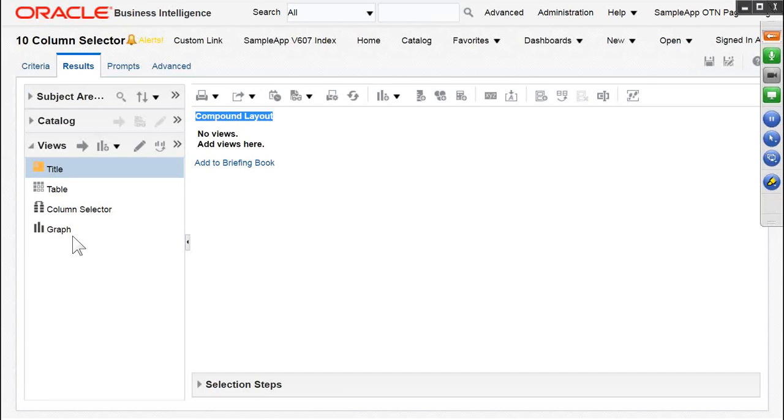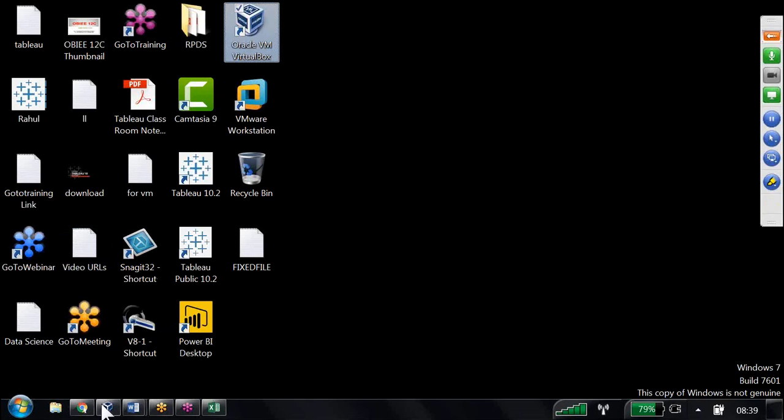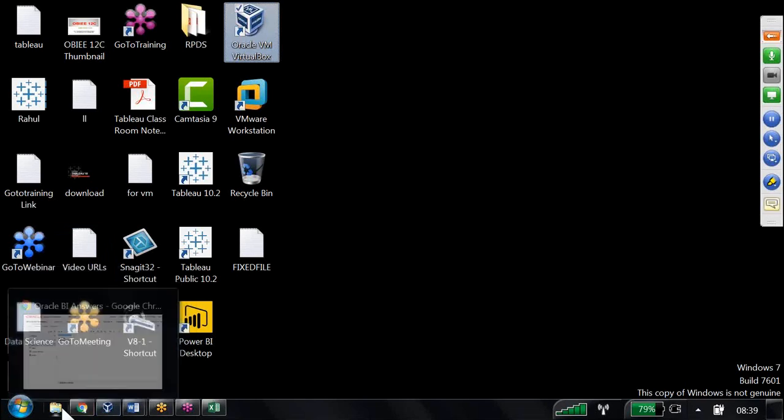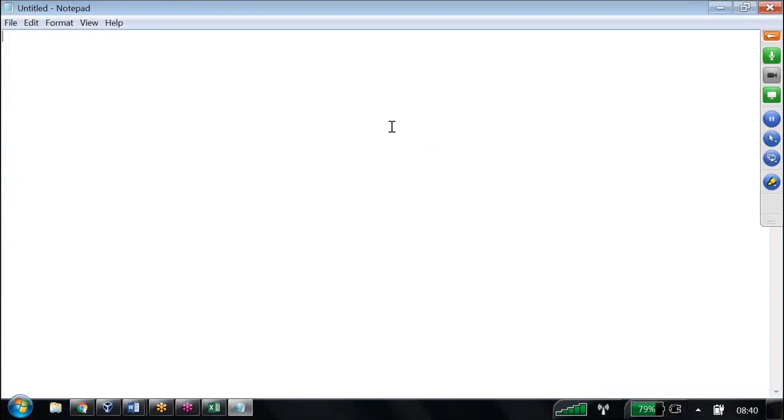For example, let us say I have 15 measures available. Let us say we have unit ordered, unit shipped, dollars. These are the 3 measures you are working with. If you take one real table, there is a possibility you may have 15 measures also available, right? If you take one of the tables, let us say W underscore account payable underscore XACT underscore F, the account payable table, in that one you may have 15 or 20 measures also available. What I want is,